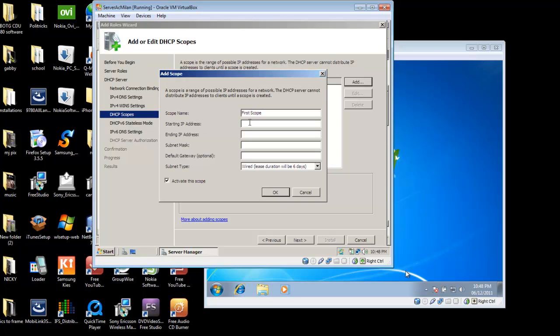and the starting IP address is going to be, now this is where you're going to actually create the range of the leases of IP addresses. So we already have the 192.168.1.1. So I'll start my IP address for leasing at 192.168.1.10, and the range would be from whatever. So it could be any amount, but you just know that the amount of leases that you will have is the difference between the starting IP address and the ending IP address. So I'll just put here